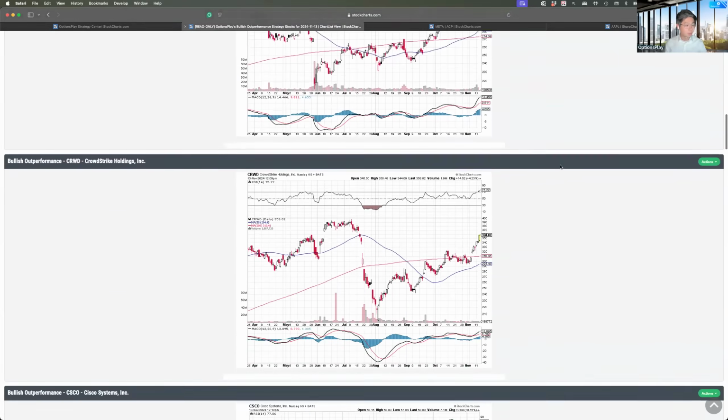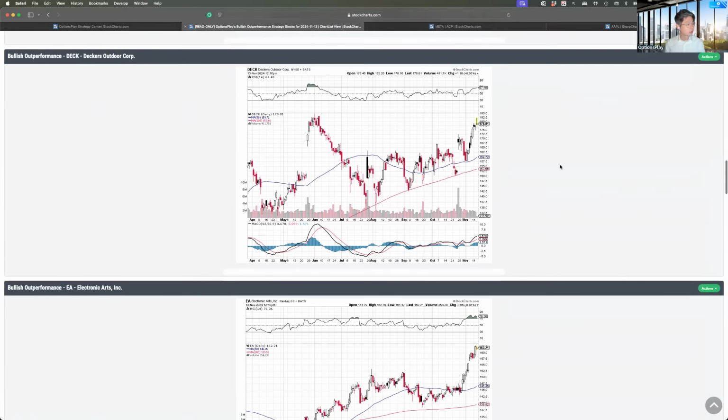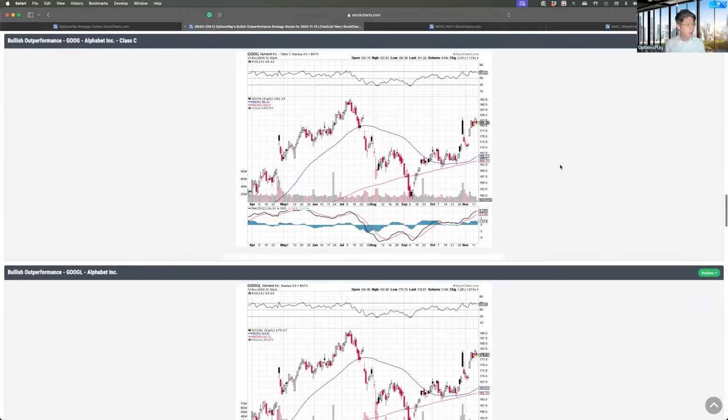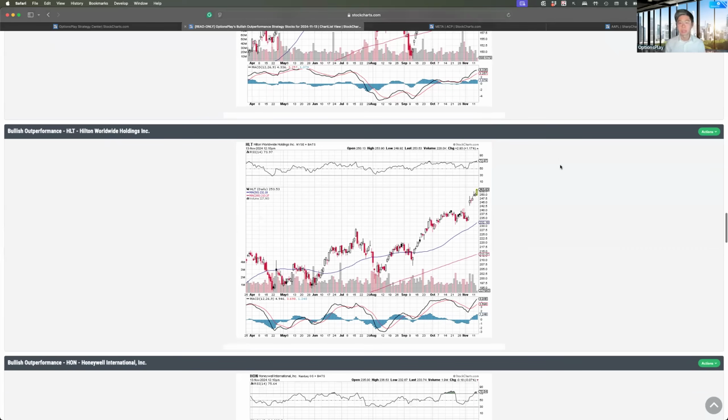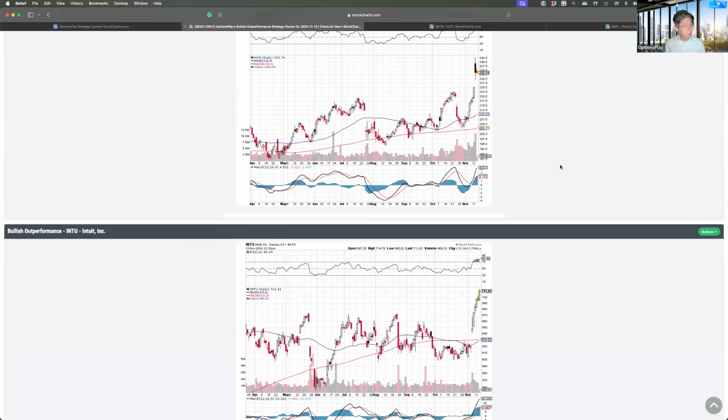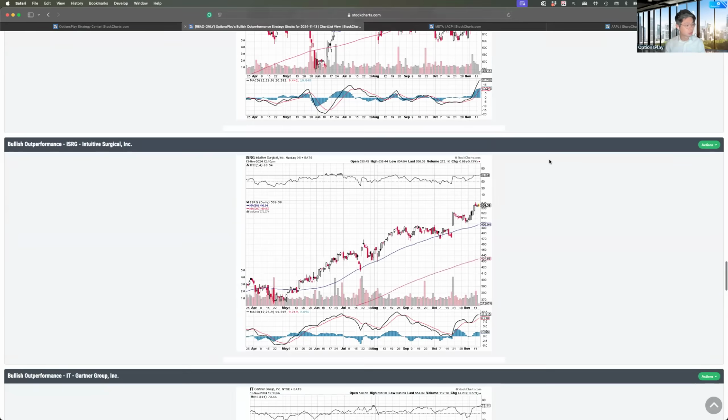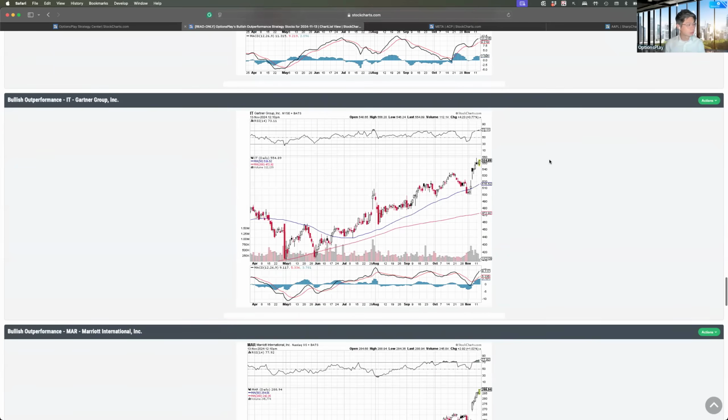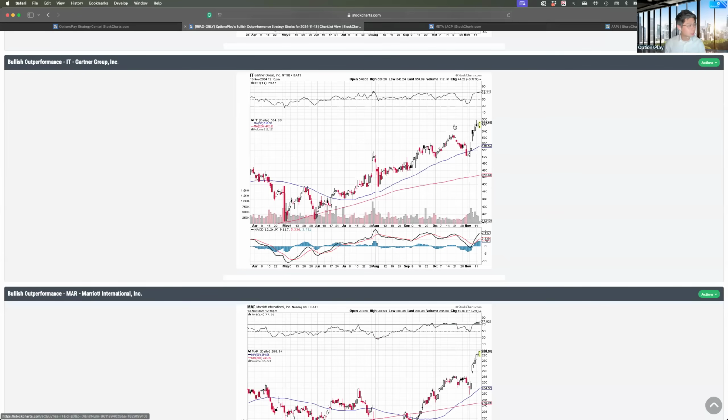quickly, within just a minute or two, go through 2 to 3 dozen charts and know which stocks I like the trading setup for. I don't have to manually input these 24 stocks into my charting package to figure out, okay, this chart looks good, that chart doesn't look good, and have to remember which charts I really like. I can basically just scroll the same way people scroll on Instagram and say, okay, I really like this particular